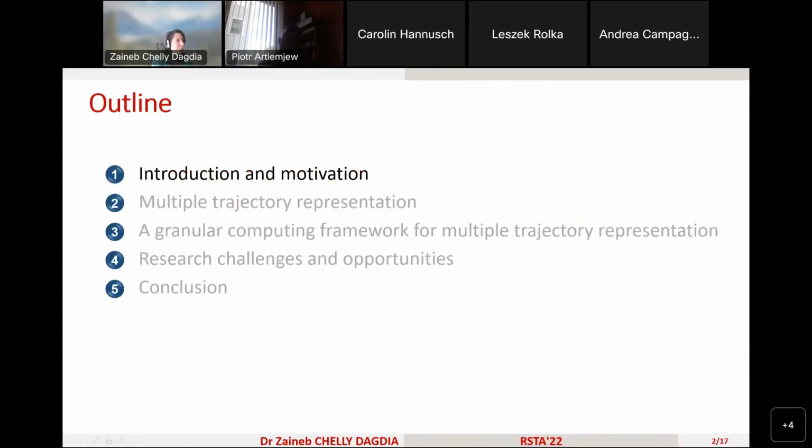So, okay, this is the outline. I'm going to introduce the context of this work, and then the motivation, and then multiple aspect trajectories. What are they? And then the potential of using a granular computing framework for multiple trajectory representation, then challenges and